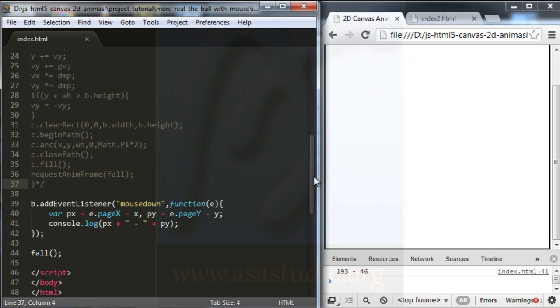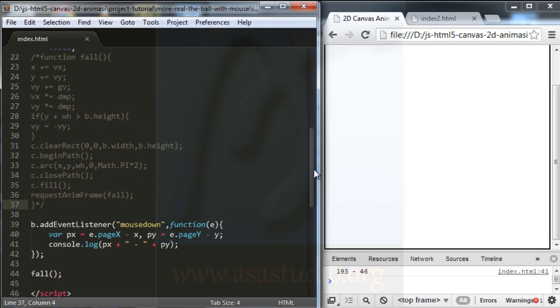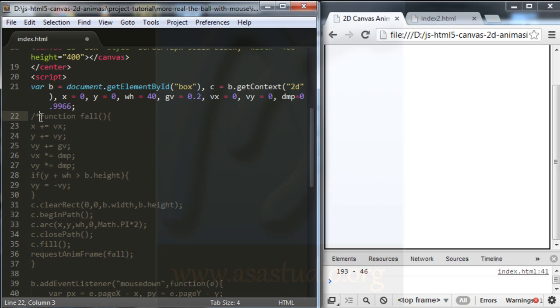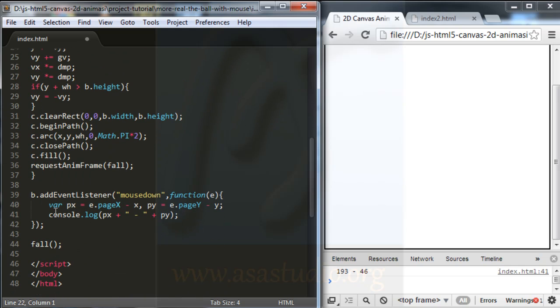And maybe I activate my function again. I delete my comment on the function, and I deactivate the console log, and I change the values of Vx and Vy.